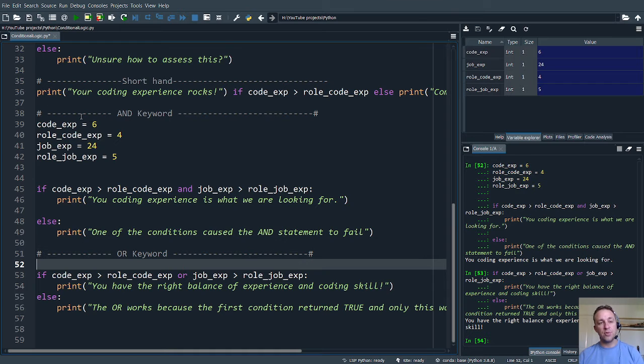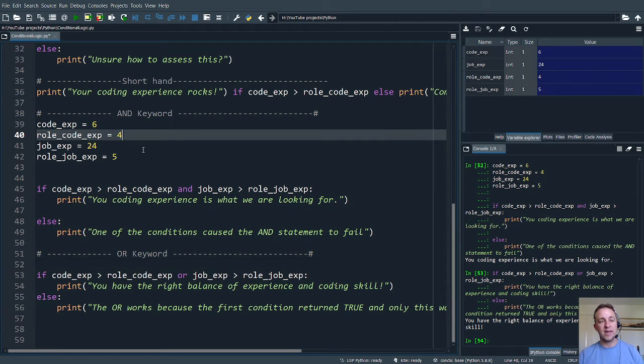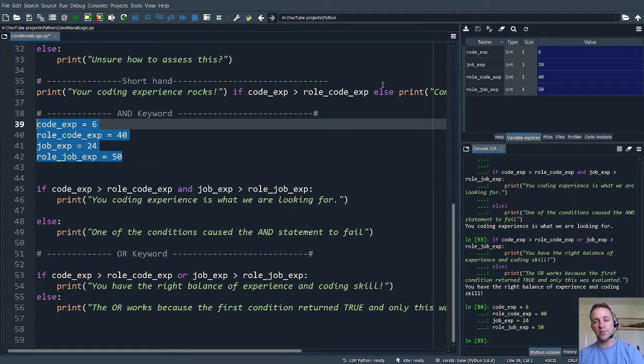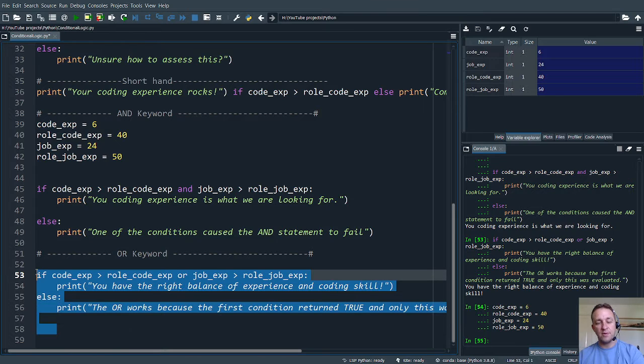But say both of the conditions failed. So let's make that 40 and that 50. And I'm going to reset these variables in memory. You can see that now all the variables have changed. If I run this again now,